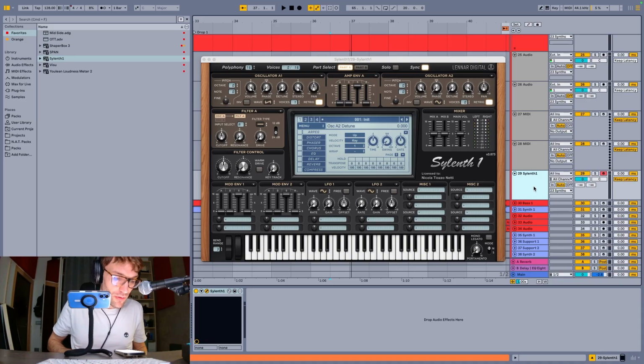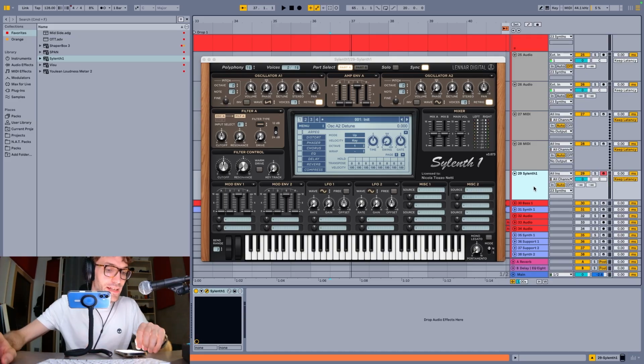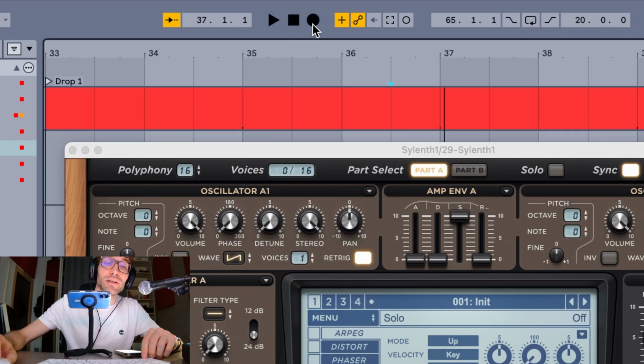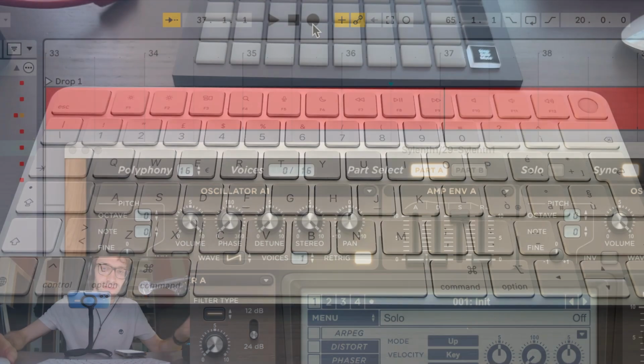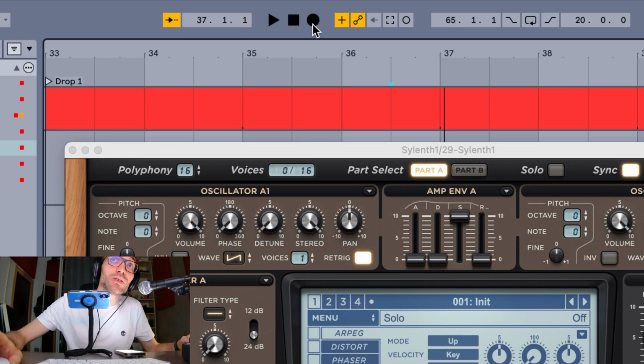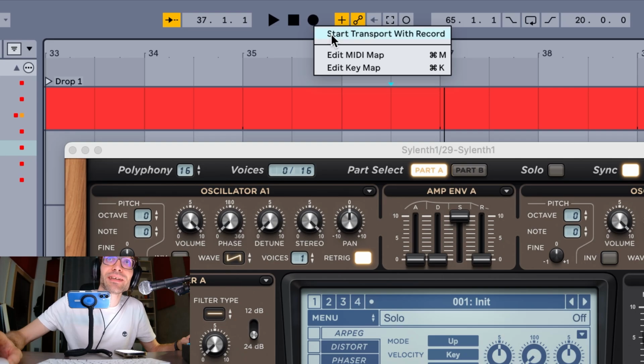As you can hear now, I am playing in this track, okay? My MIDI keyboard is sending notes to this track I armed. Then, as I said, you can switch this record button here with the key F9, okay? F9, the function 9 key. And also note that if you right click on your mouse, I actually